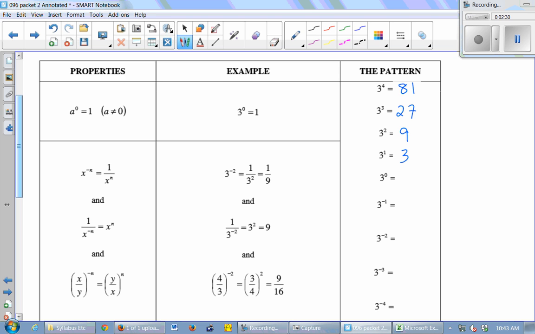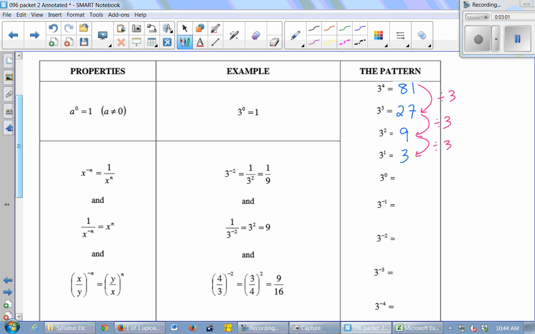All right, now look at the pattern. 81 to 27. How do you get from 81 to 27? How are those numbers related? Divide by 3. If you divide 81 by 3, you get 27. What do you get if you divide 27 by 3? 9. What do you get if you divide 9 by 3? 3. Now we can no longer use the definition to figure out what 3 to the 0 means